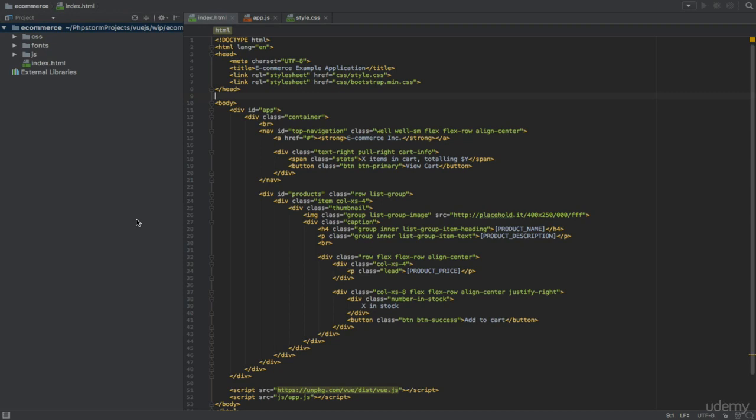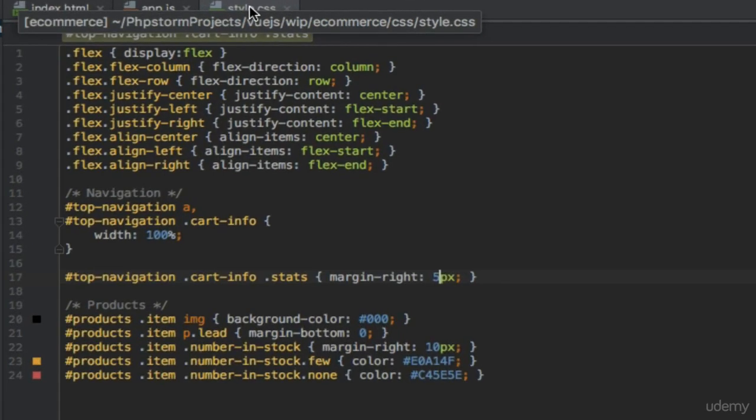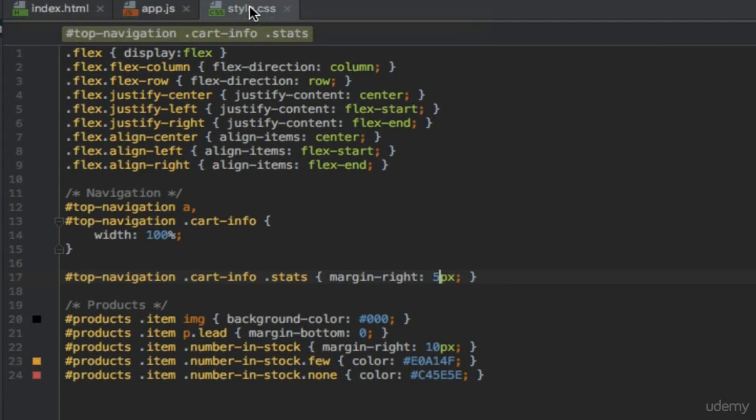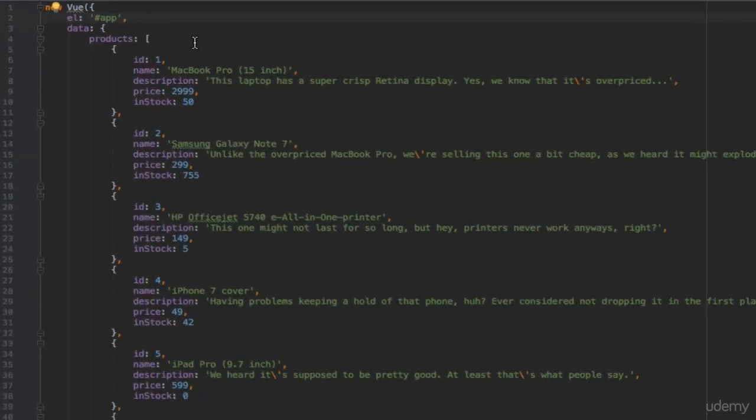I do have a few placeholders in place where we need to add dynamic content with Vue. I have likewise prepared a small style sheet which contains just a few styles that we will need to make things look decent. The reason I don't need to add more styles is that I'm using the Bootstrap framework to avoid writing boilerplate styles. The last file I want to show you is the app.js file,